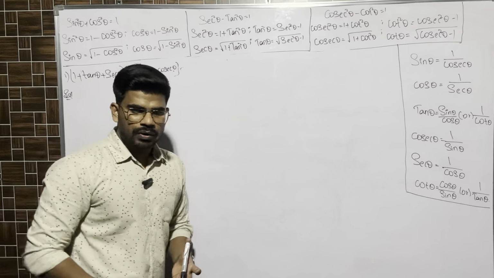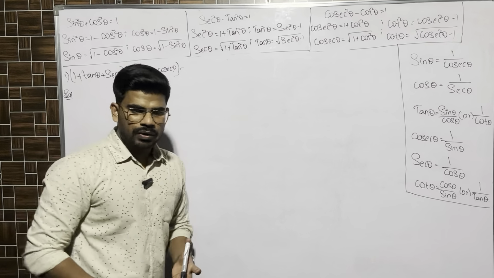Same goes for this question. Cosecant plus cot is P. We have to find cosecant minus cot. The solution will start from the identity again. Cosecant square theta minus cot square theta is equal to 1. Use that identity. So it is a square minus b square, (a plus b) into (a minus b). Cosecant plus cot into cosecant minus cot. Cosecant theta plus cot theta into cosecant theta minus cot theta is equal to 1.